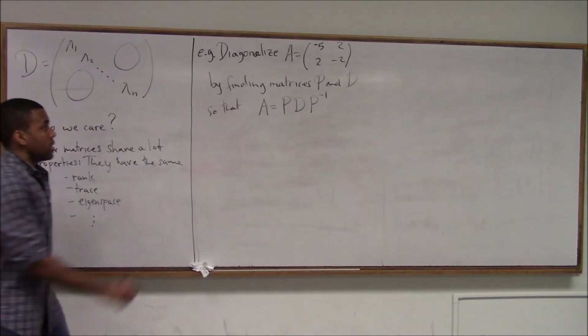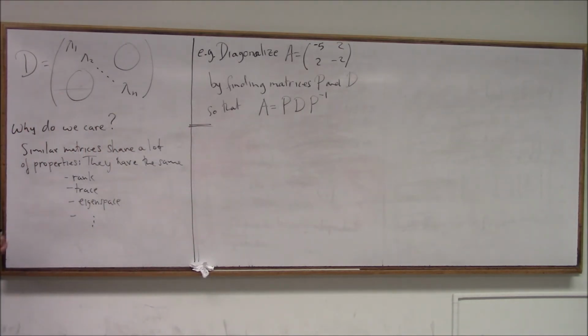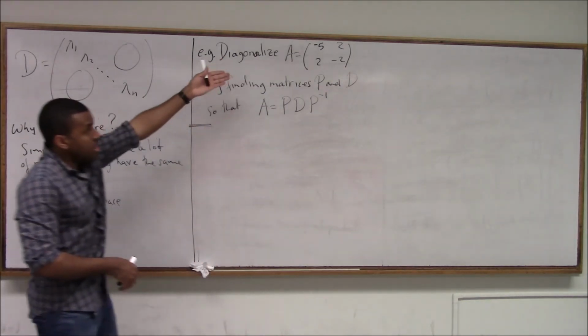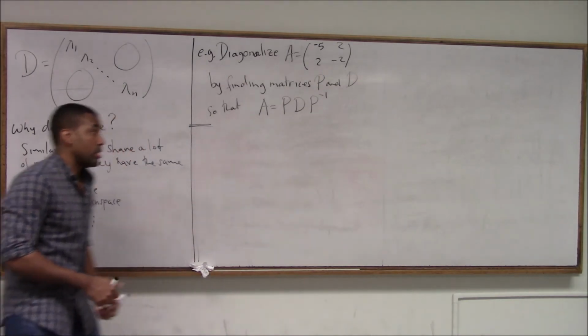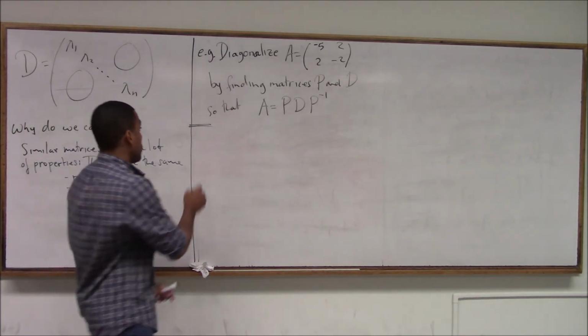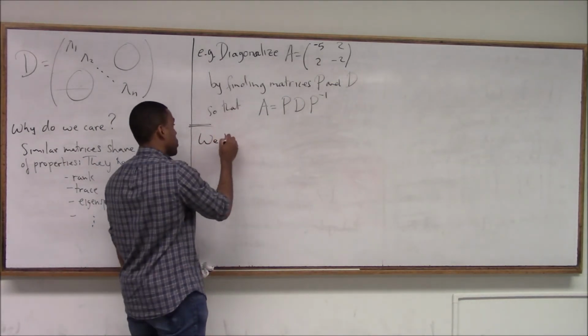Okay. So what you would do is, if that's the problem, right? You get a problem like that, you see it on a test or a quiz or a final or something like that. It says, diagonalize this matrix by finding these two matrices so that you can write A as a product of those three matrices. So what you do is you'd immediately do what we did before to find the eigenvalues and eigenvectors. So we know